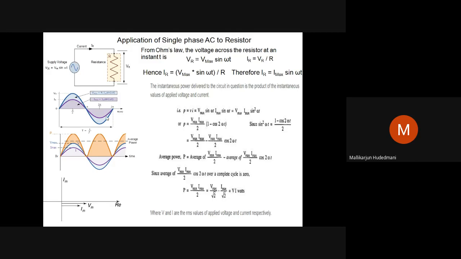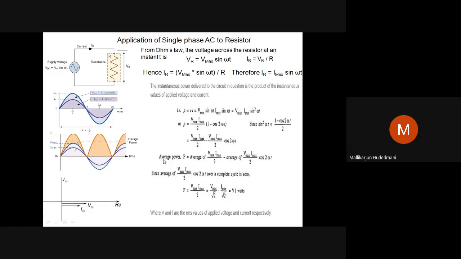If power had gone to 0, then the area of the power wave, the orange or brown colored area, what will you find? The area of the curve under 0 to 2 pi duration should go to 0. That is not going to 0, because in the first half, 0 to pi, it is represented in the upper half. And in pi to 2 pi also, because both the quantities are moving in the negative plane, the product leads to positive. Therefore, power in a cycle is this plus this. It means power is not 0.